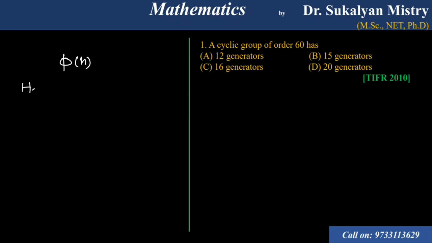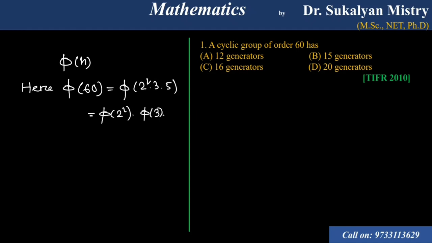So here phi 60, so this is equal to phi of 2 square into 3 into 5, right? So this can be written as phi 2 square into phi 3 into phi 5. So phi 2 square can be written as 2 square minus 2 to the power 1, and phi 3, here 3 is prime, so phi 3 will be 3 minus 1, and phi 5 will be